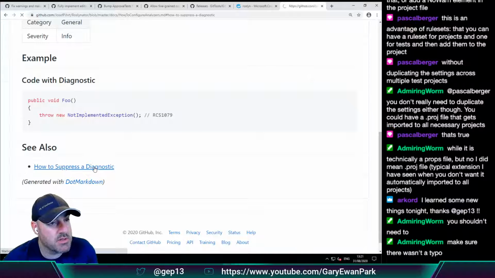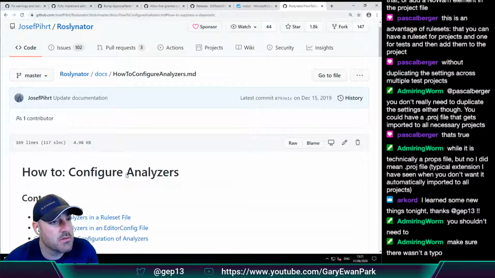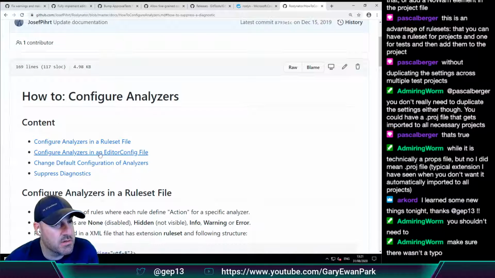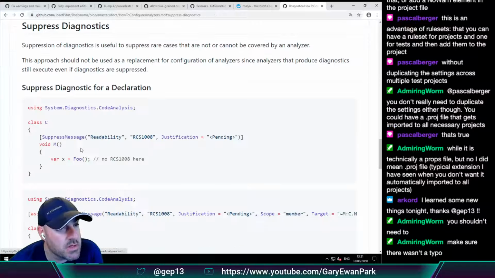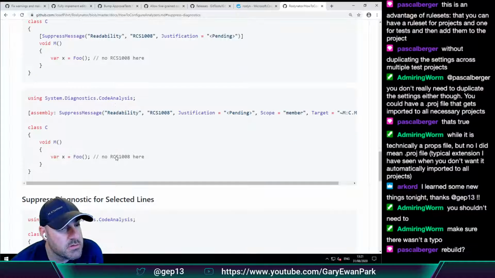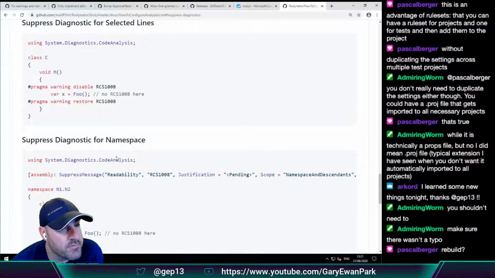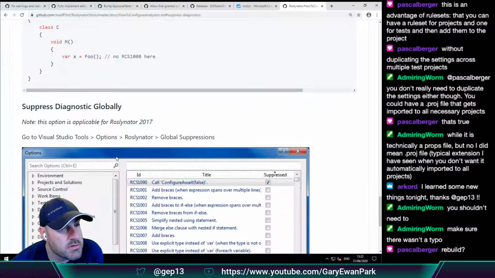How to suppress a diagnostic. This is from Roslynator. Rule set. Suppress diagnostics. Namespace. Global.